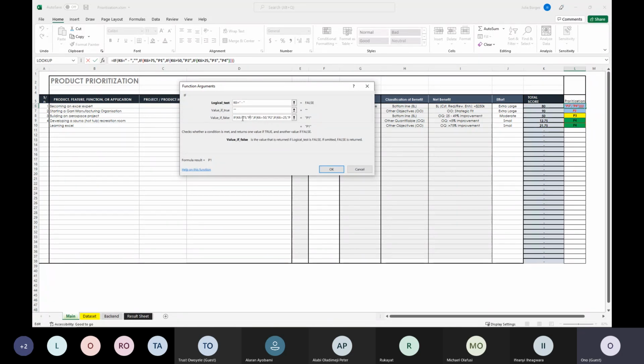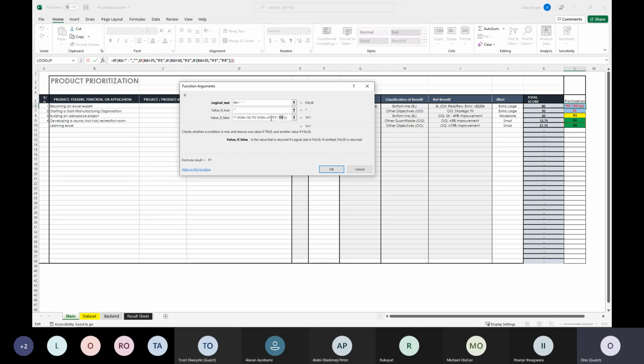So as you can see here, if the item is greater than 975, it's going to be assigned a P1. But if it's greater than 50, it's a P2. If it's greater than 25, it's a P3. And then usually with these functions, the else is the last thing, so you don't really have to define it. So as you can see here, the P4 is the else.